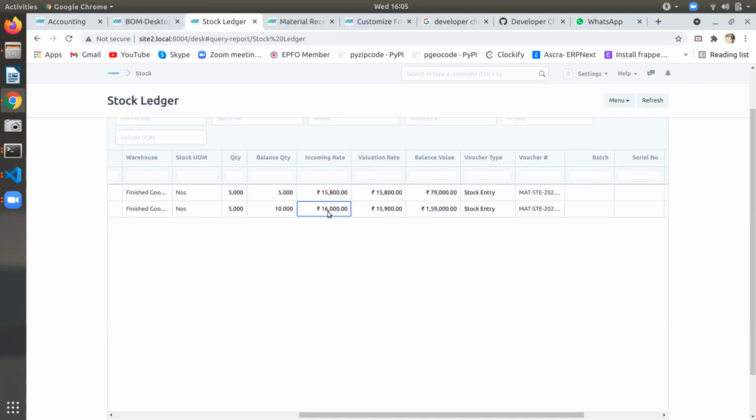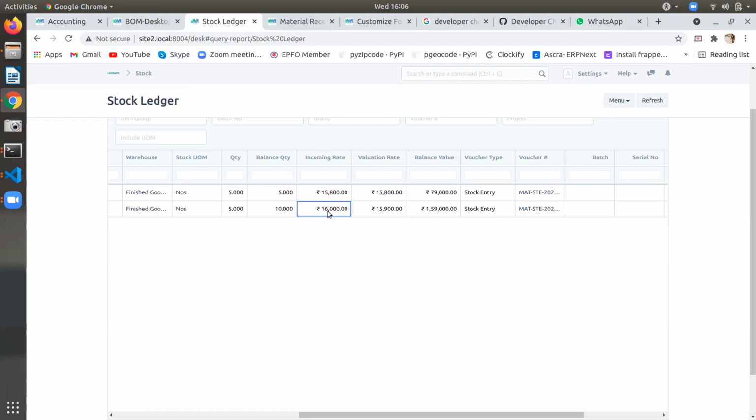Correct, each assembly. So at the time of assembling, how many quantities are there, 2 or 1? Bill of material will be only for one quantity. If it is for 1 quantity, then it should come for 16,000. Because that expense will get distributed on the number of quantities, normally how it happens, because for valuation of that goods, when we sell this item for, suppose, 16,500, what will be my profit?